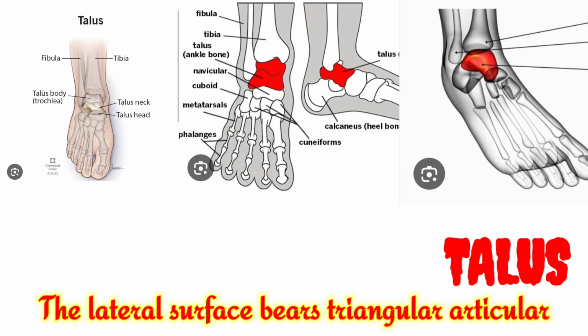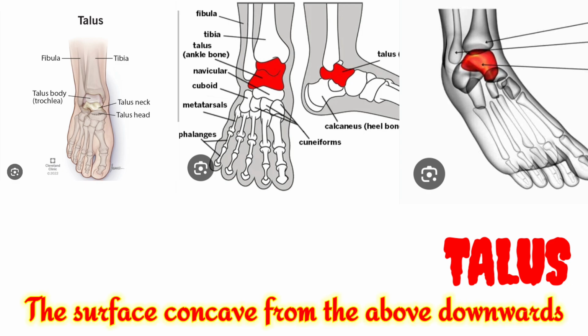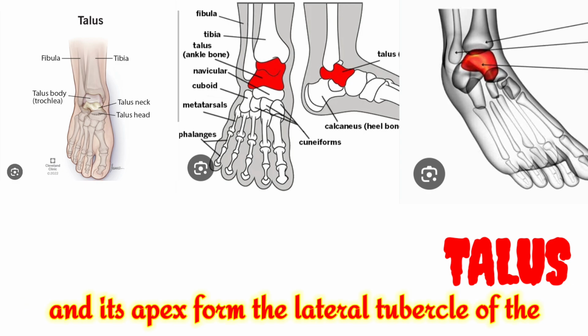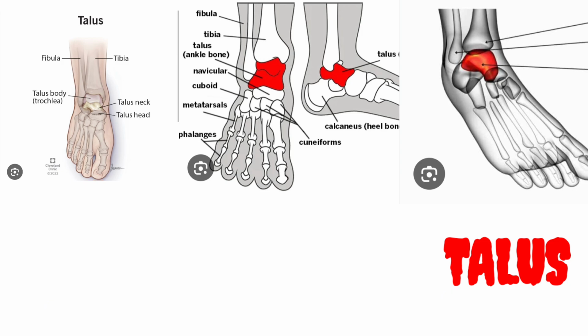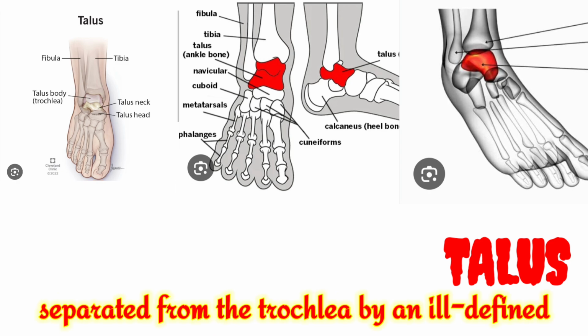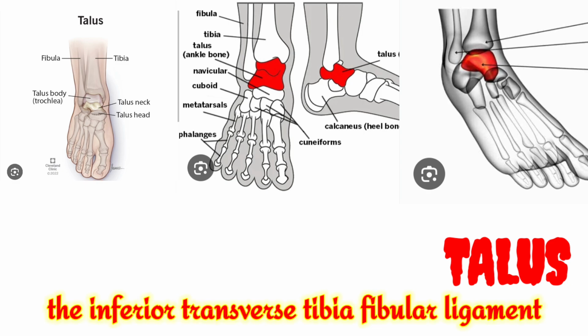The lateral surface bears a triangular articular surface for the lateral malleolus. The surface is concave from above downwards and its apex forms the lateral tubercle of the talus. The posterior part of the lateral surface is separated from the trochlea by an ill-defined small triangular area which articulates with the inferior transverse